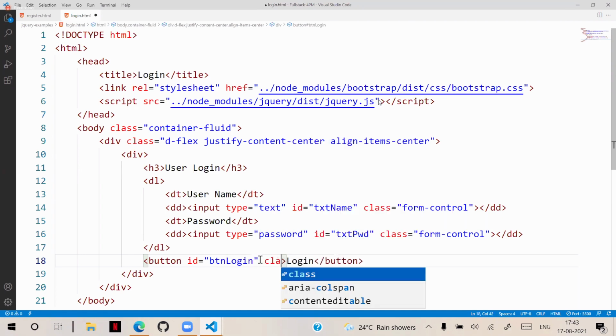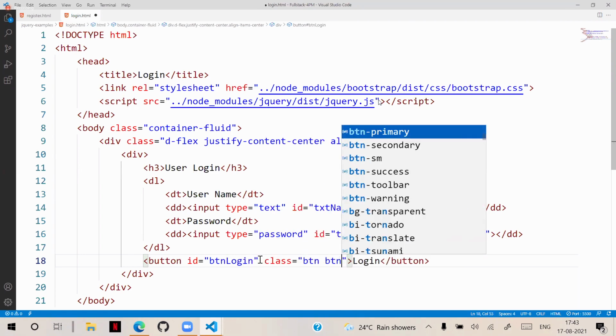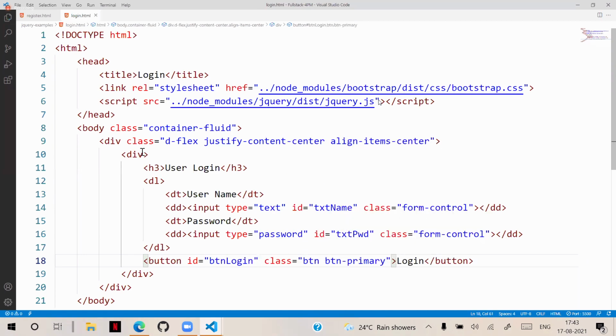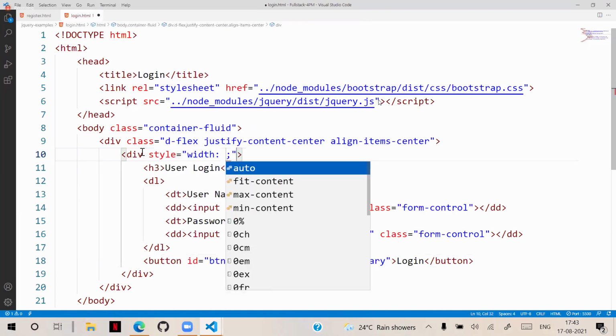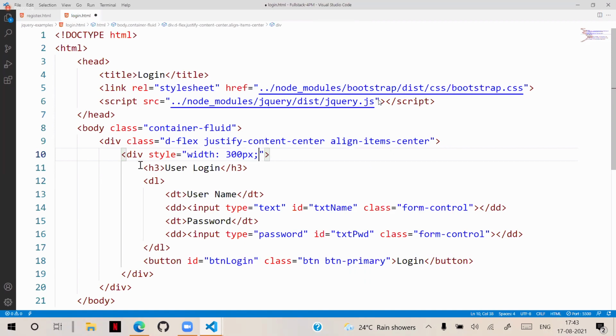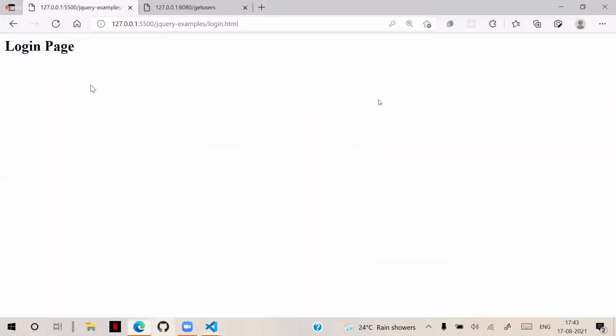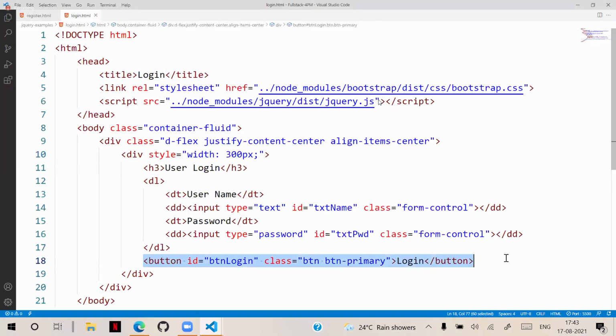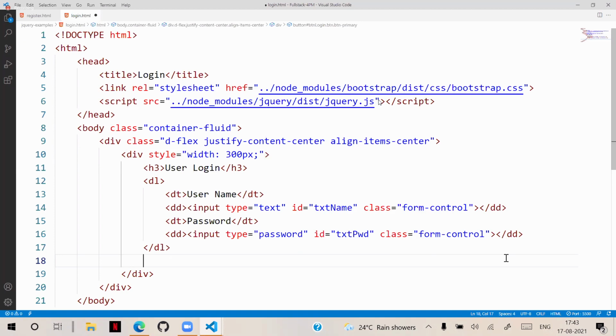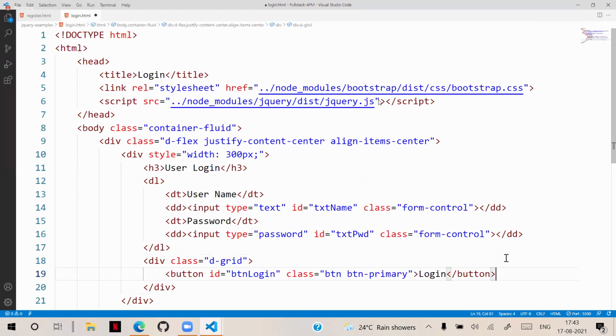Let's keep the class as btn and btn-primary. And for this, I give a style of 300 pixels. That is the login screen designed here. I will keep this button in a div with class d-grid. This is the login button available.